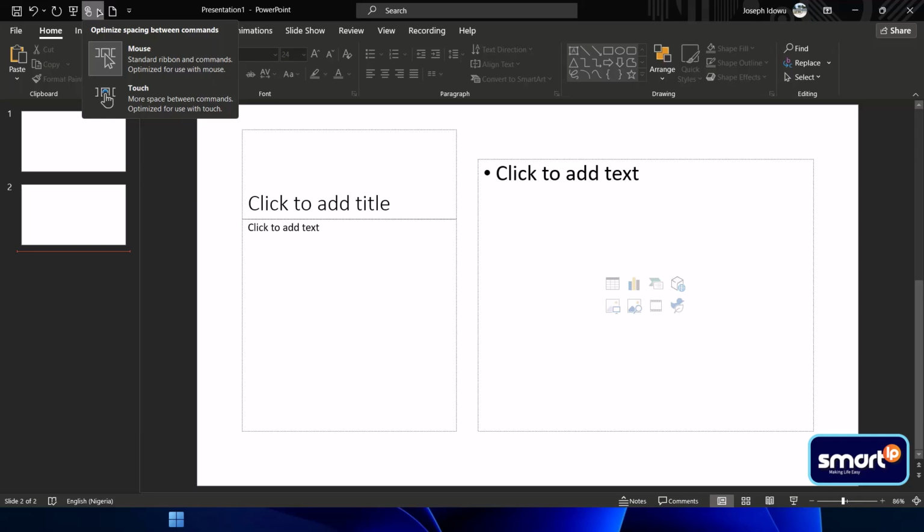If you click on this arrow, it's going to pop up like this. If you're going to be using only the mouse, you set it on mouse. If you're going to use your hand to touch it, maybe you're using a touchscreen laptop, you click on this touch. Okay, and now